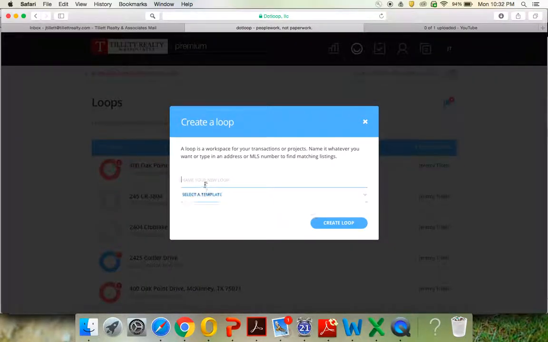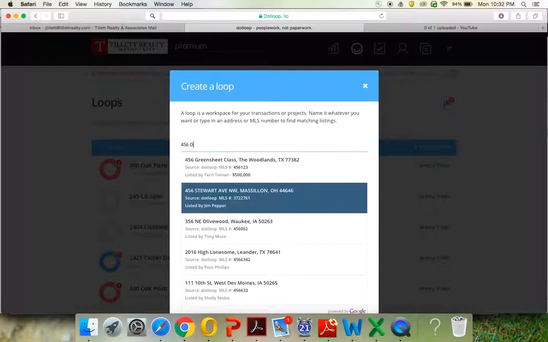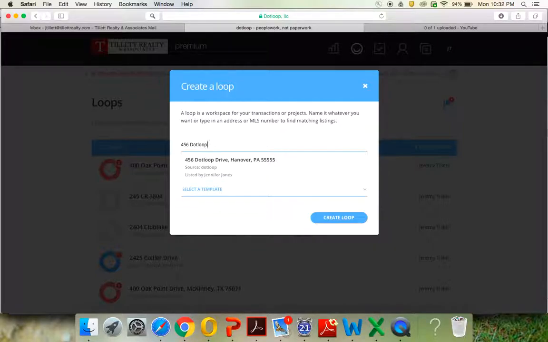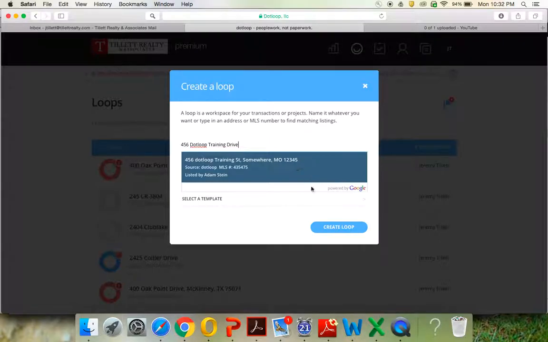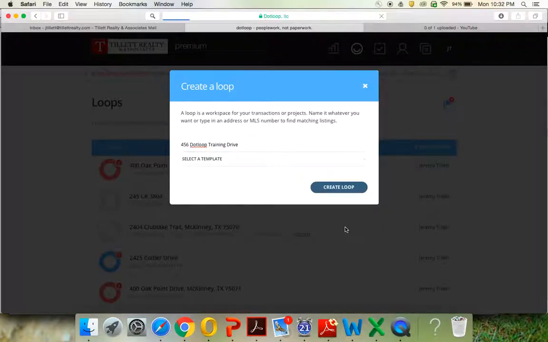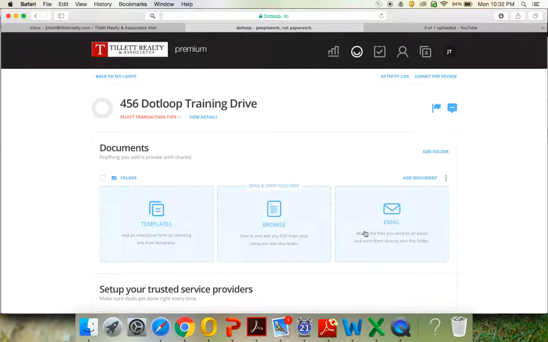So click on that, and you're going to name your loop. I usually name the loop by the property address. So for this one, we'll call this one 456 DotLoop Training Drive. And then just click on Create a Loop. All right, so once you're in here,